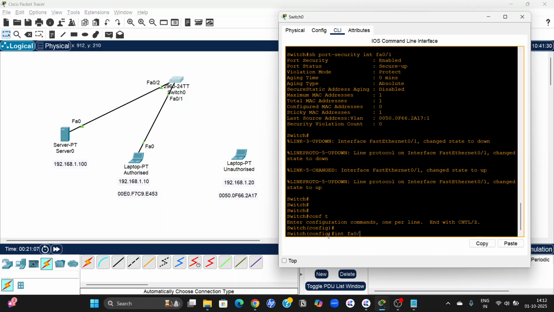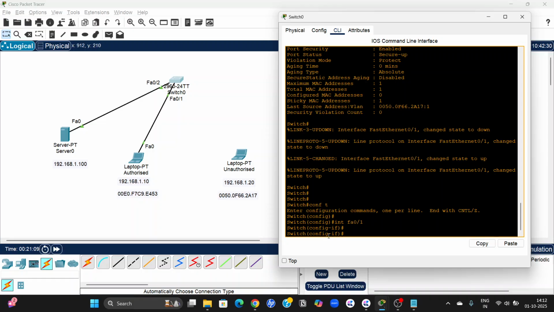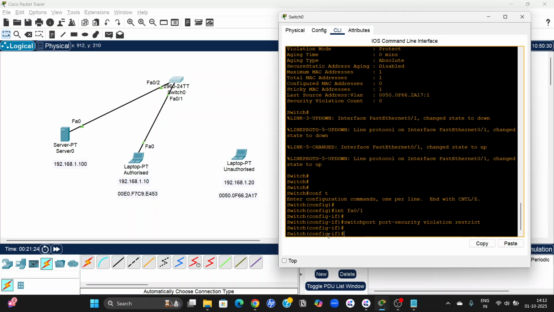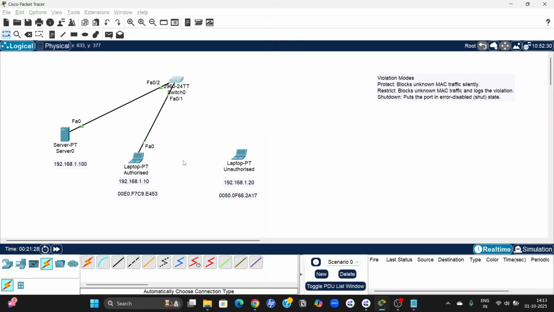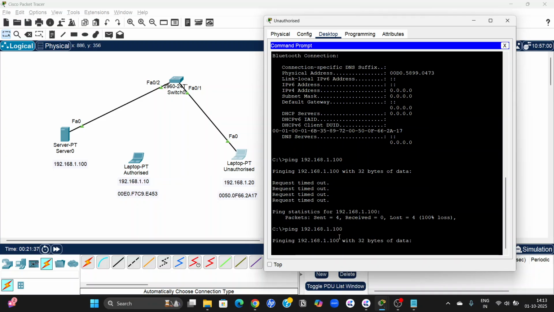I will go to the interface FA01, and here I will now set switchport port-security violation restrict. I will save the configuration. And now I just remove the cable and try to connect the unauthorized laptop. And if I try to ping again to the server,